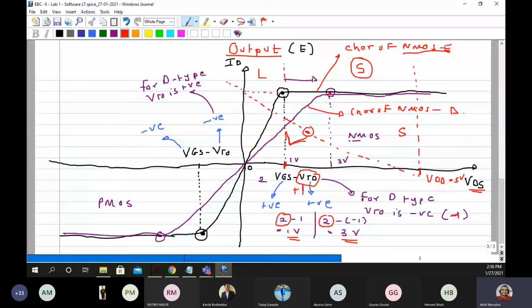switch. So in case of an amplifier, I should have a smaller linear and a bigger saturation. And in case of a resistance, I should have a bigger linear and smaller saturation. So these things matter. I will not say this is good and this is bad, but yes, both have their own use. So you cannot use a depletion when you are designing an amplifier, and you cannot use an enhancement when you are designing a resistance. That is the moral of the story.